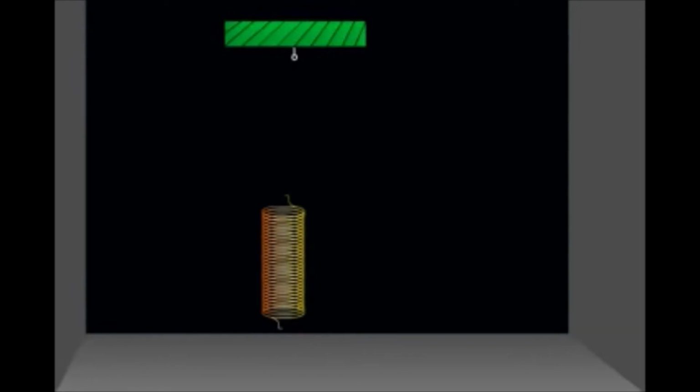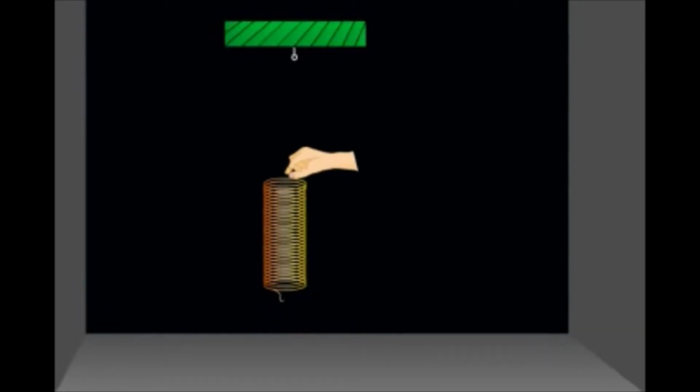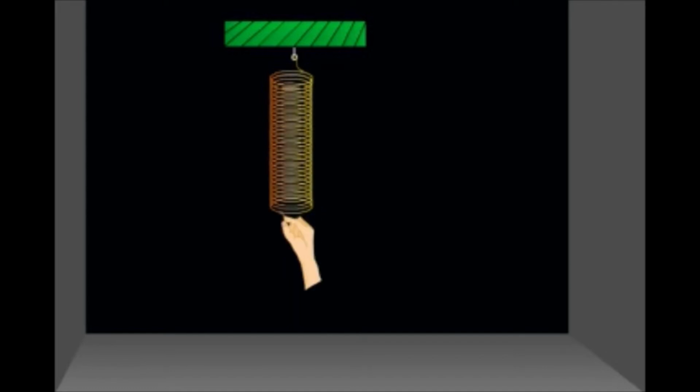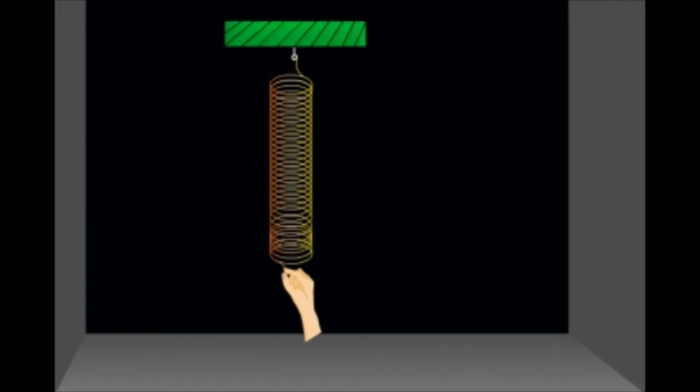Let's take a long spring. Now fix one end against a rigid surface and the other end we hold in our hand. Now let's alternately push and pull the spring. What do you observe? You will see that some regions of the coils of the spring come close to each